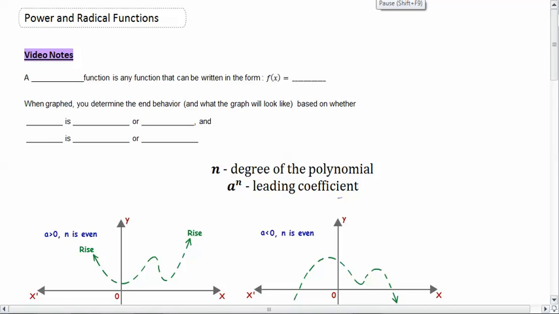Next lesson is on power and radical functions. This is section 2.1 from your book. So we're going to talk about what is a power function, what is a radical function, and then what those graphs are going to look like based on some simple rules. So a power function